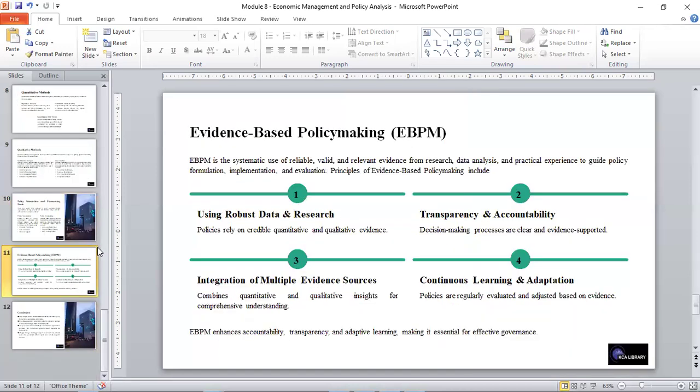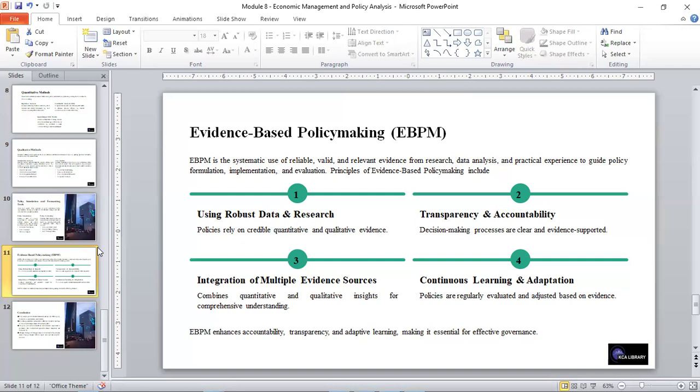Lastly, on what we need to discuss in this module, we will be looking at evidence-based policy making, which is the systematic use of reliable, valid, and relevant evidence from research, data analysis, and practical experience to guide policy formulation, implementation, and evaluation. Principles of evidence-based policy include using robust data and research; transparency and accountability, which deals with decision-making processes being clear and evidence-supported; and the integration of multiple evidence sources, which talks about the combination of quantitative and qualitative insight for comprehensive understanding. And the last is continuous learning and adaptation, which talks about policies being regularly evaluated and adjusted